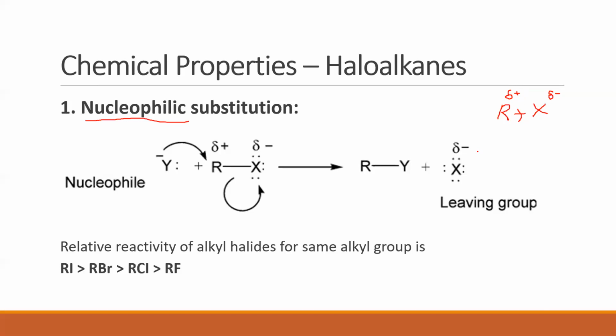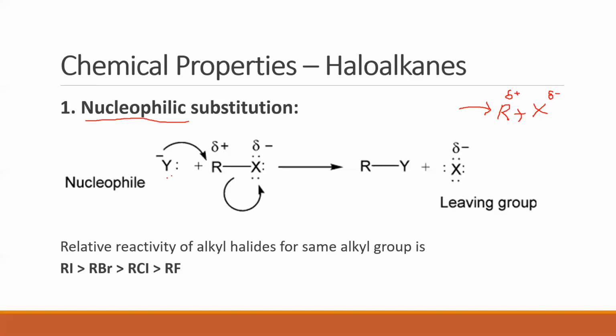Now, why did we define this? We defined this because we need to know who the nucleophile is going to attack, whether it is going to attack the R group or the carbon atom, or whether it is going to attack the halogen. Now, naturally, the moment we said it's a nucleophile, what does it like? It likes positively charged centers. So, therefore, a nucleophile will have a tendency to attack the carbon atom. Clear? So, that is what is mentioned here.